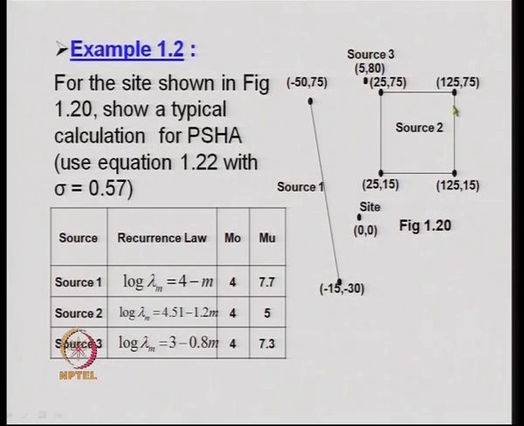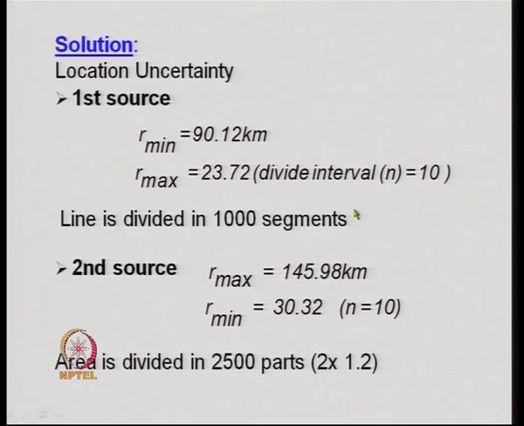Here again we find out the maximum distance, and this will be the minimum distance. So, this maximum and minimum distance, this interval is again divided into 10 equal divisions,